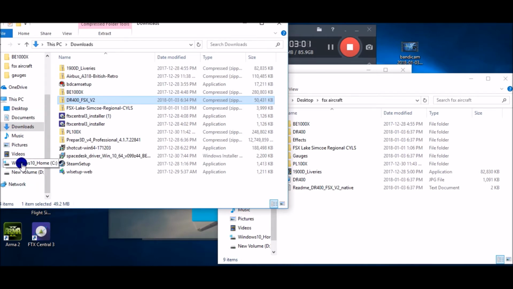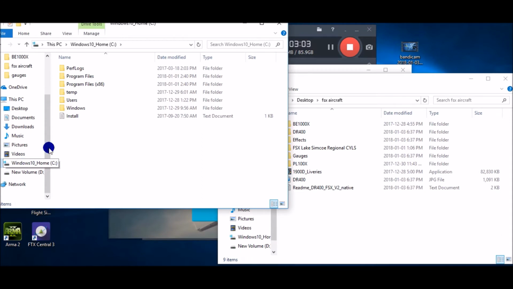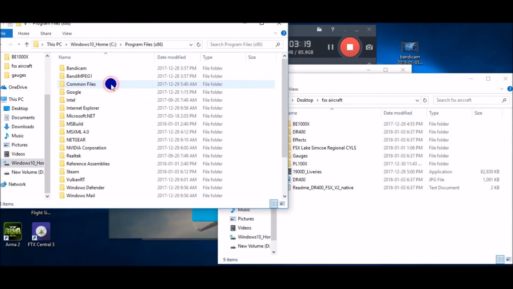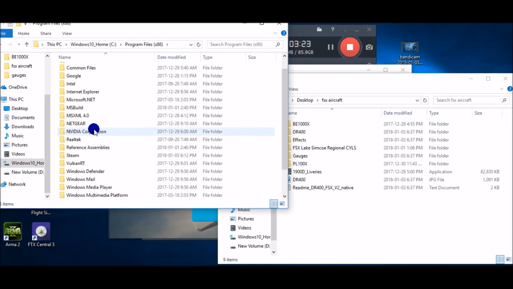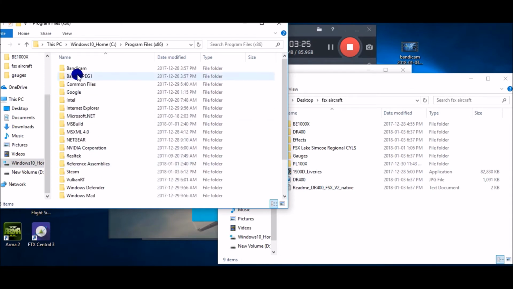You're going to want to go to probably your C drive. It's going to be either in your Program Files or your Program Files (x86). Mine's in my x86 files. So what you'd be doing is looking for, if you just have regular FSX, you'll just look for